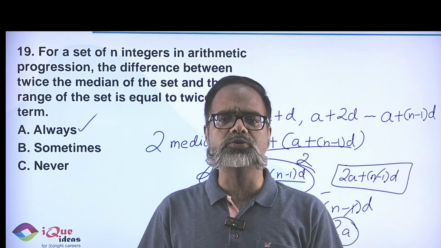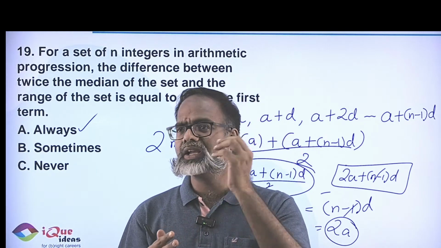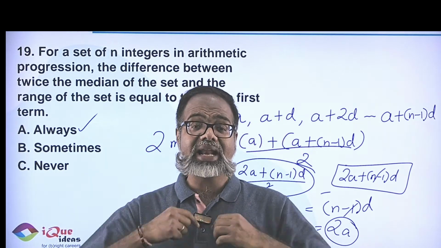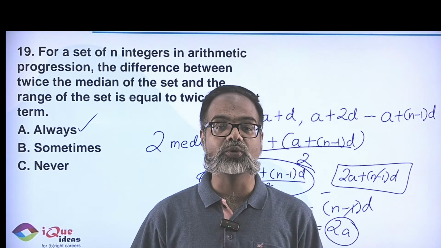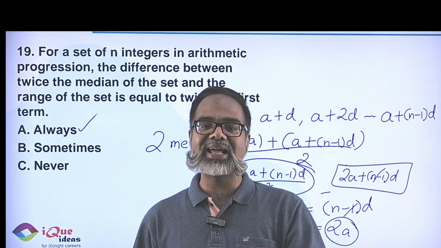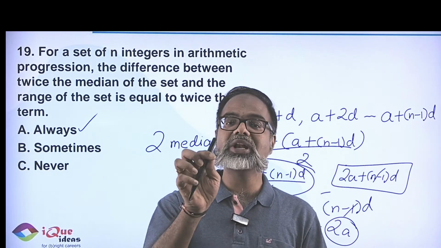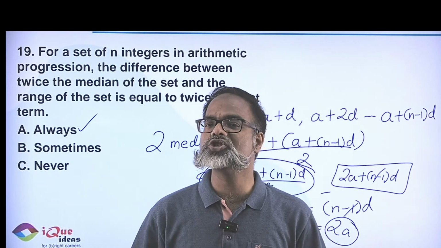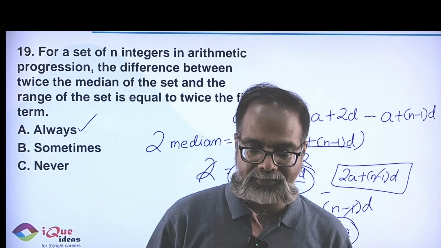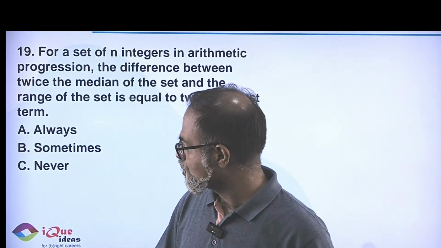I hope everybody got this one. Right? I could have taken values of an AP, 1, 2, 3, or 1, 3, 5, but then I'm not sure whether the result I get is universally true. I know never will be eliminated, but I'm still confused between always and sometimes. But formulaically, if I have solved it, I can guarantee that this answer has to be true all the time. Absolutely easy. Chalo. Moving ahead then, 19th, so 20th.